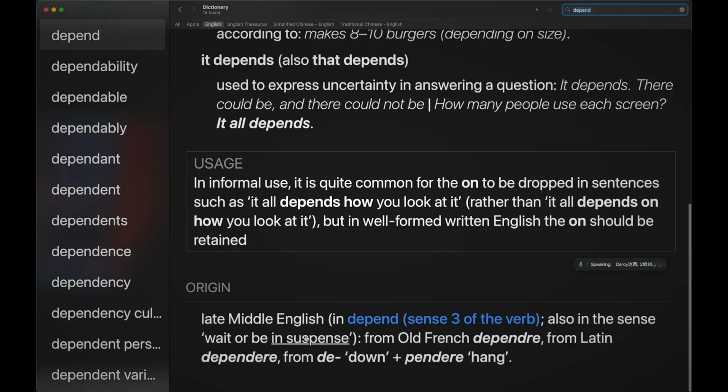And they alter the meaning. So the prefix alters the meaning before the root word, right? And you can add successive prefixes. So the root word of depend is pendre, and I don't think such a word exists in English, but it probably exists in French, right? Or suspense, dependre, pondre. I need to learn Latin one of these days. Anyway, pondre means to hang, and then de means down. Yeah. Anyway,